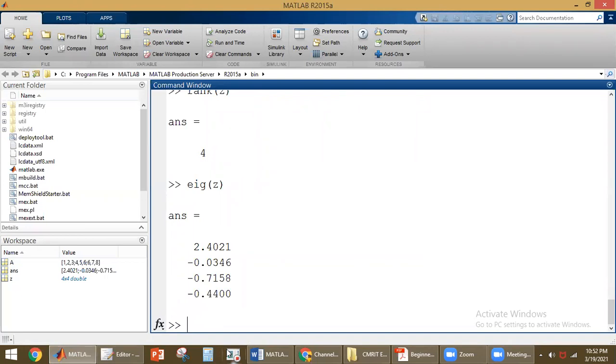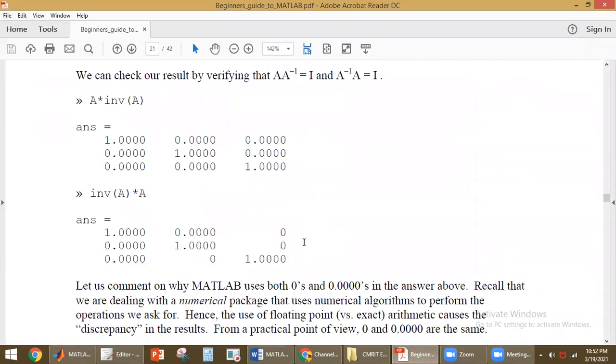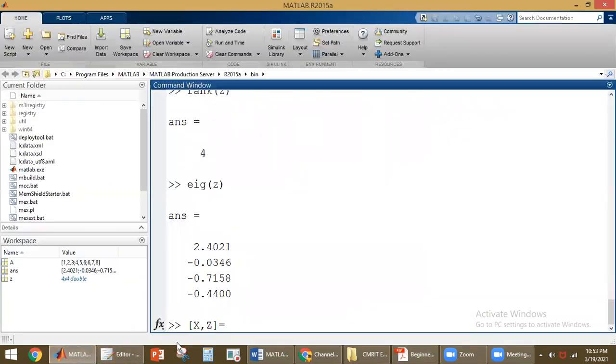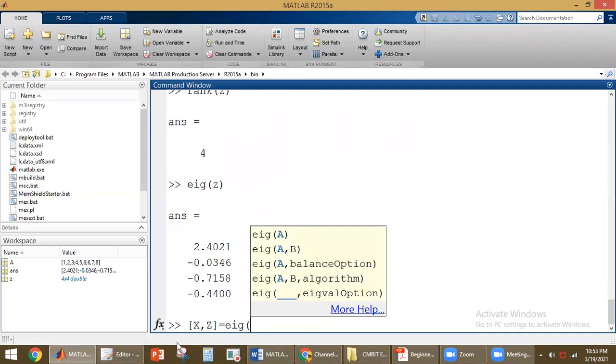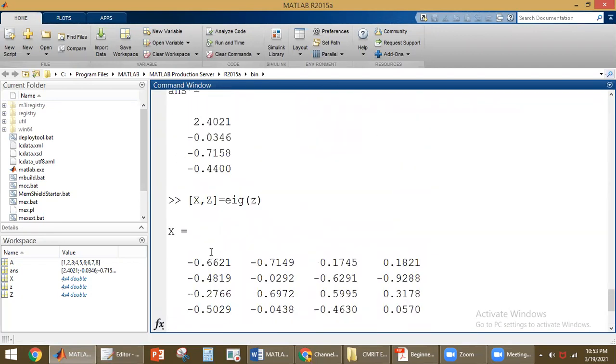And similarly, to find out eigenvectors, we have to use this form. Here we have to use square brackets, X comma Z, equal to, see here, eig of Z. So we have to use this form, eig of Z. That gives you the eigenvectors and eigenvalues. So what is X now?